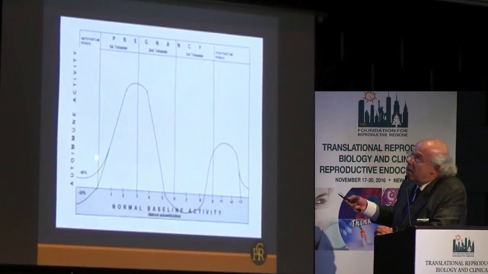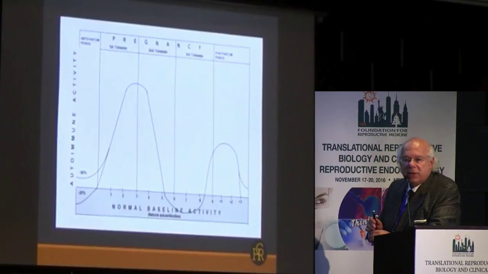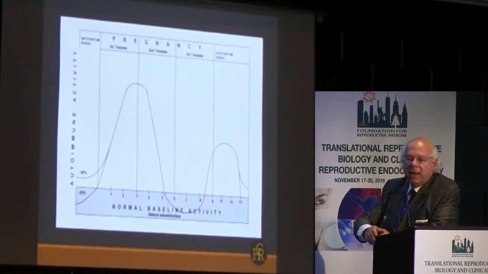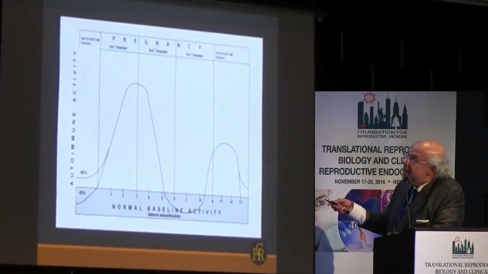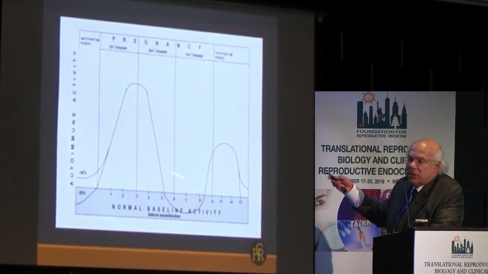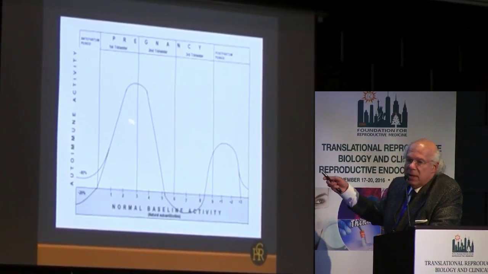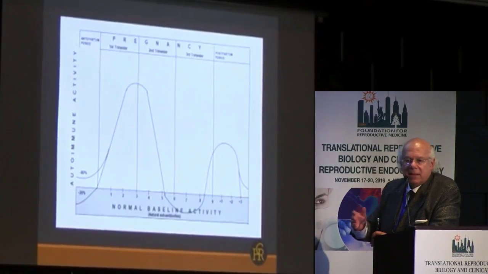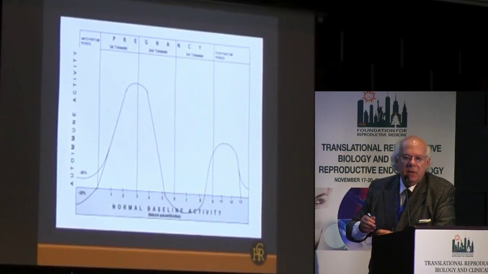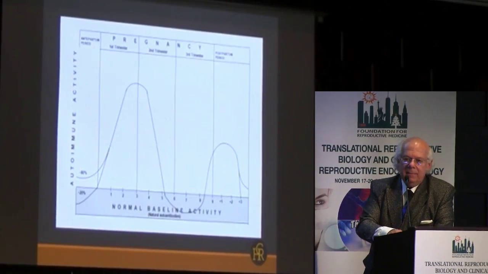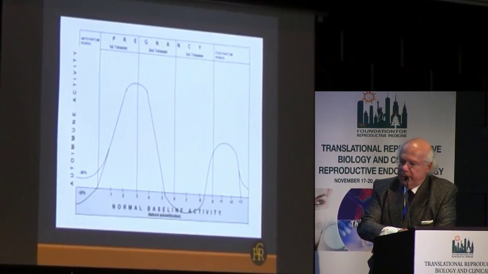Then you have treatment that will kick in, and after a certain time period, you will see that she slowly normalizes. And at that point, you can taper off all of your treatment. Just because a patient needs treatment early does not mean she needs it throughout. Indeed, in 99% of patients, by 16 to 18 weeks at the latest, all medications can be tapered off. The only medication we maintain is baby aspirin, which we maintain through delivery.